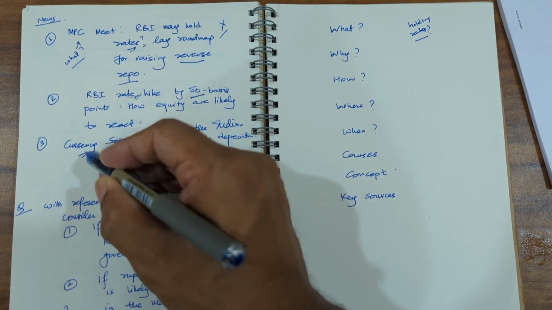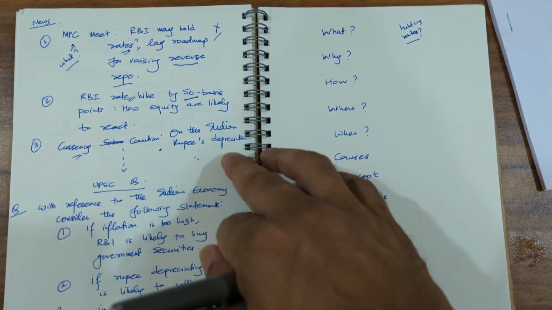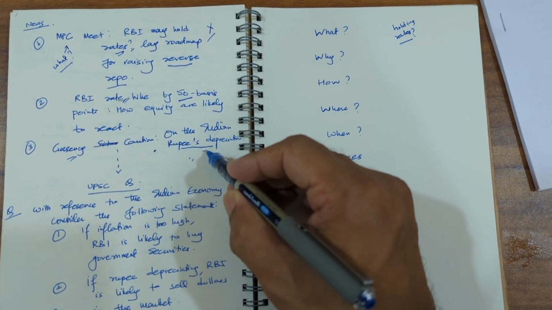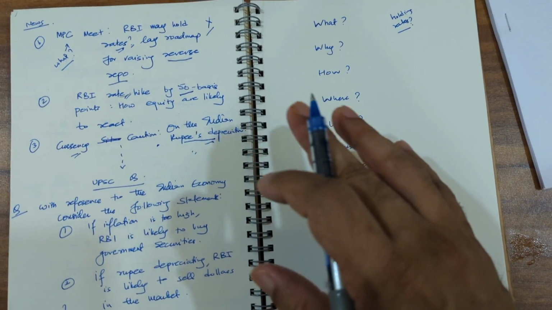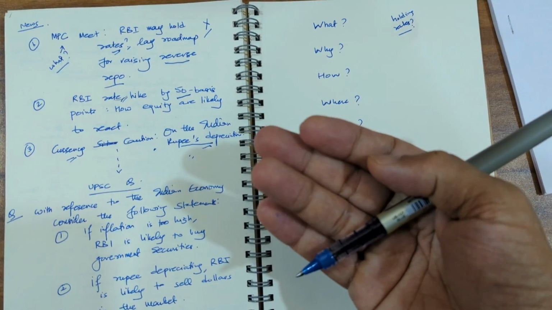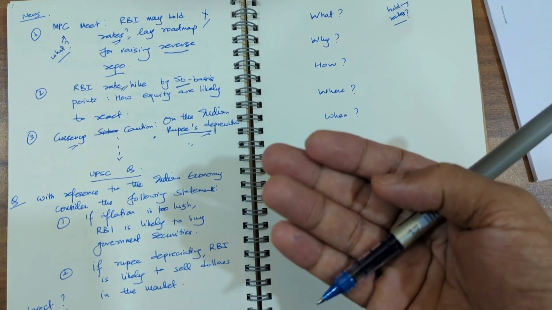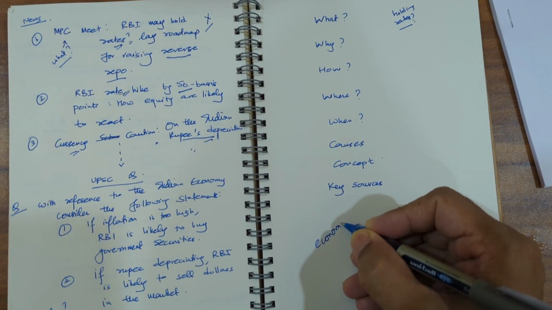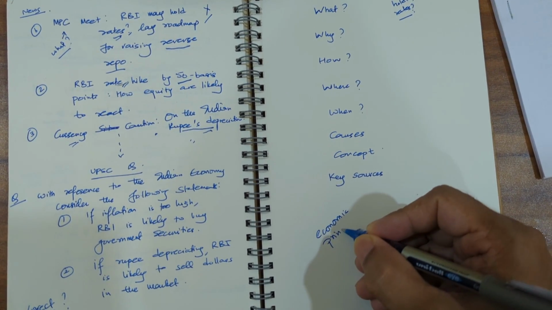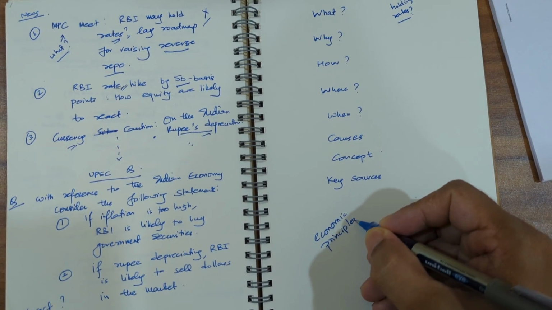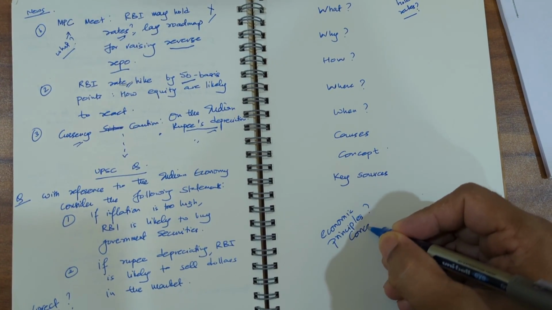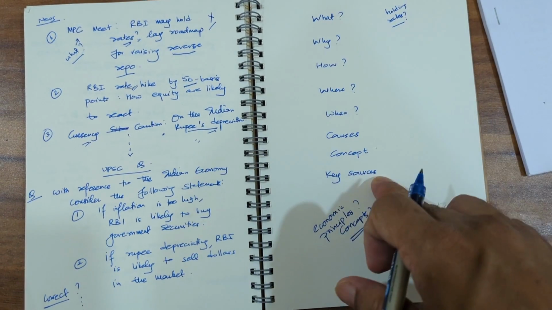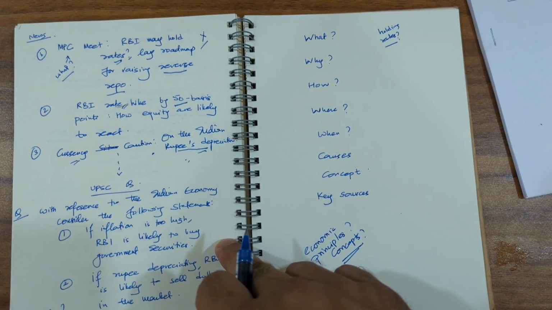So this was an article that came in The Hindu, and obviously with the India rupee depreciating in the recent past, your mind should be wondering what happens when that happens, why does it happen, what are the basic economic principles, what are the concepts behind that particular topic. These are the questions that you want to ask yourself, and then you will see how you will be able to answer a